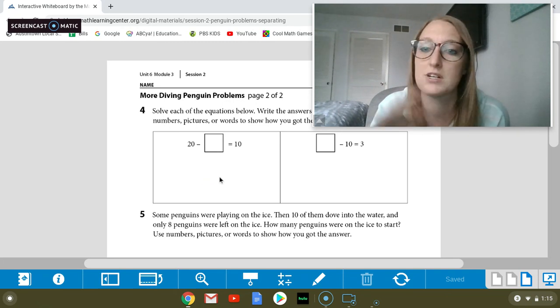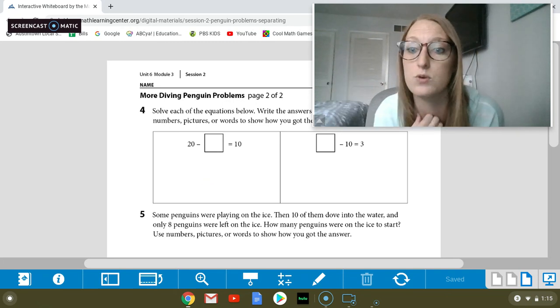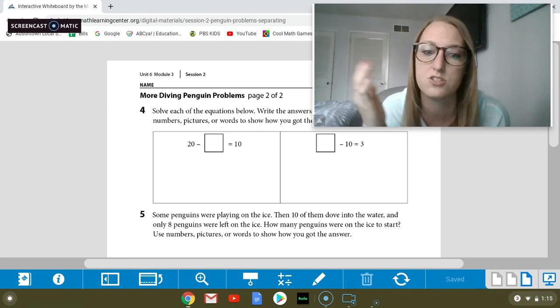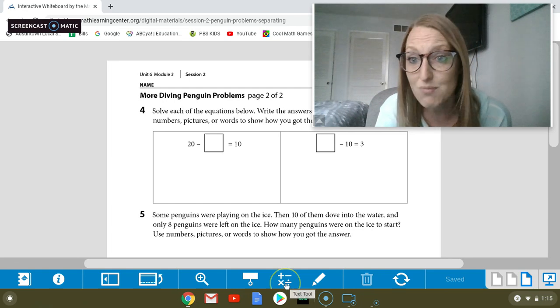Remember, these were ones where we were separating. We were taking away. So we were using subtraction for these story problems, all right? You need to think about what they're telling you in the story in your head to be able to figure it out. Boys and girls, you did a really nice